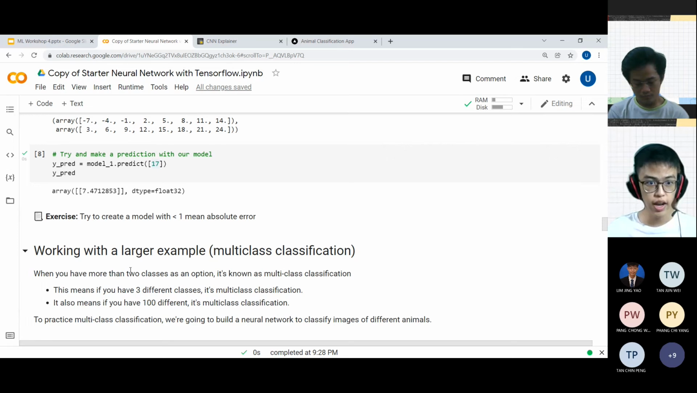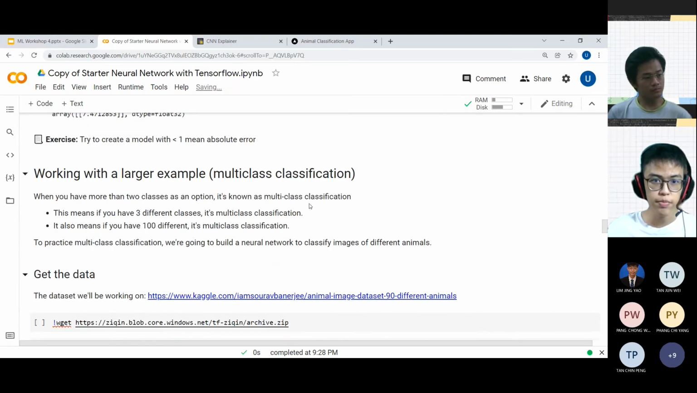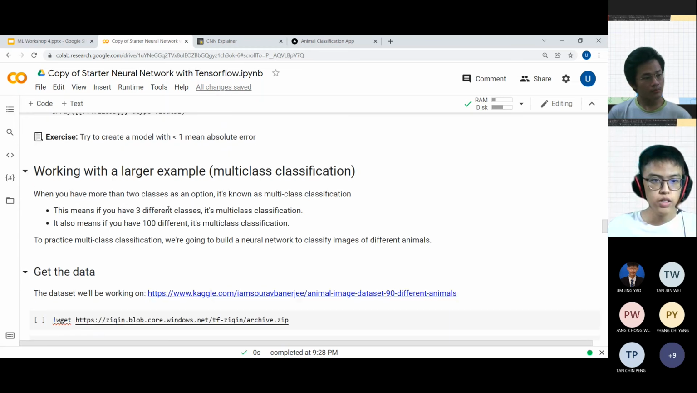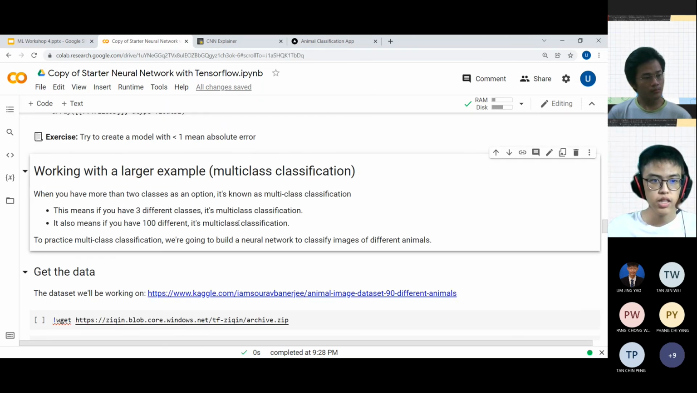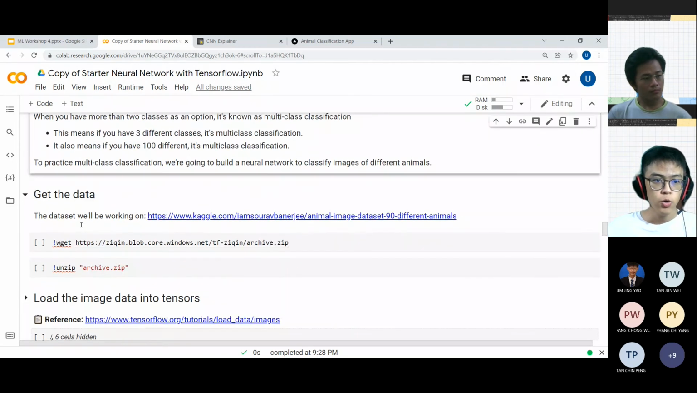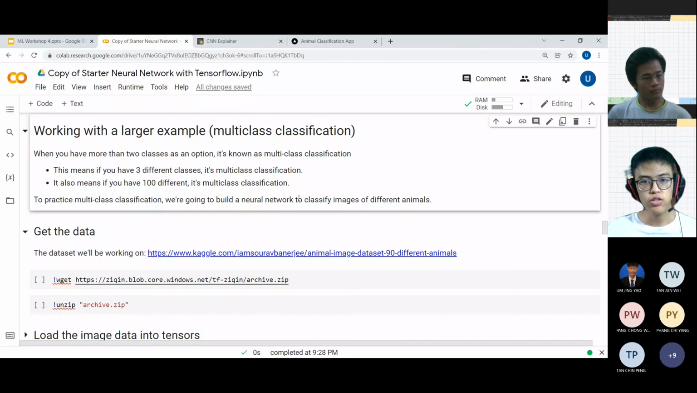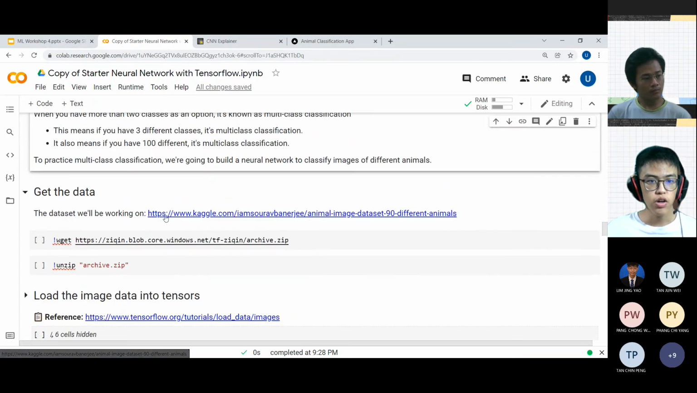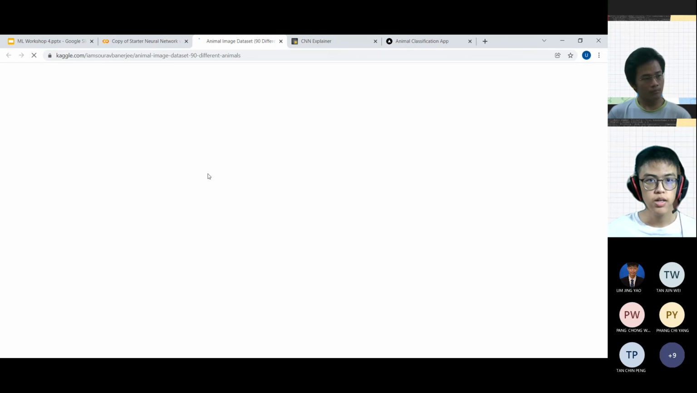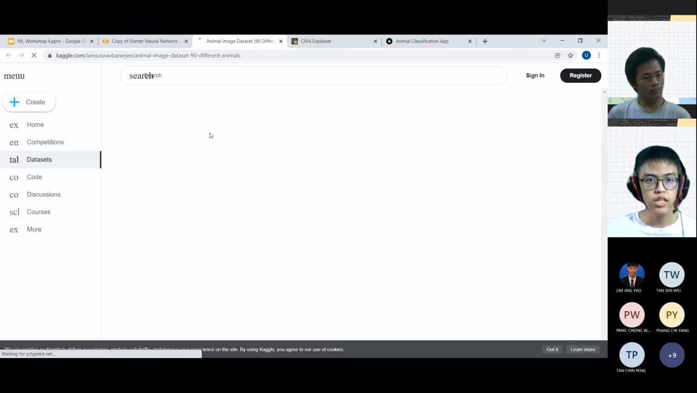So now let's take a look at a larger example right here. We are going to build a multi-class classification model. This is basically the explanation of multi-class classification, which is more than 2 classes. If you have dog and cat, it's binary classification. And if you have dog, cat, turtles, it will be multi-class classification. To practice this, we are going to build a neural network to classify images of different animals. The data we are going to work on is coming from Kaggle, which has 90 different